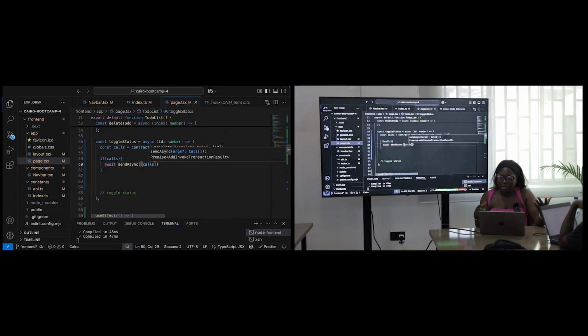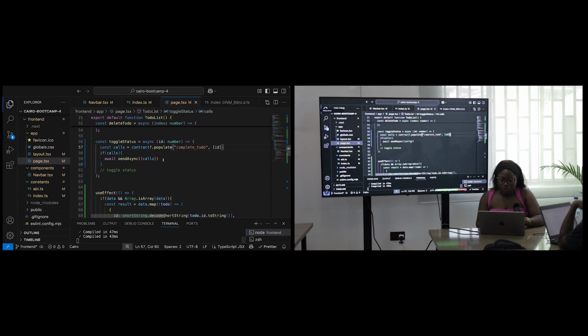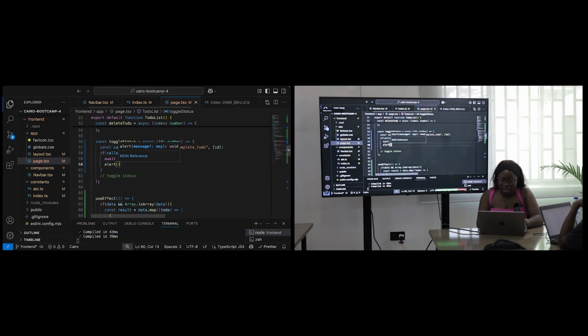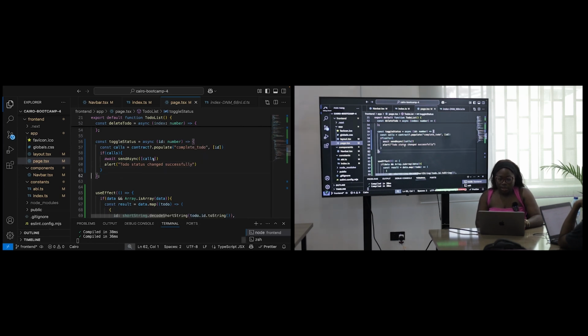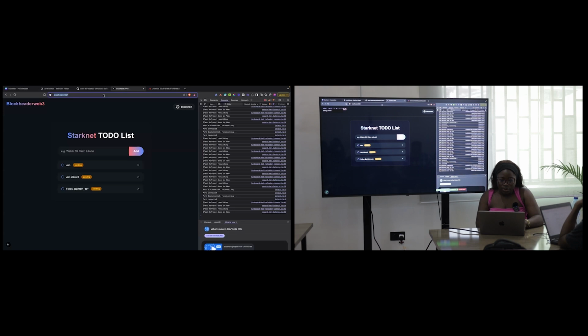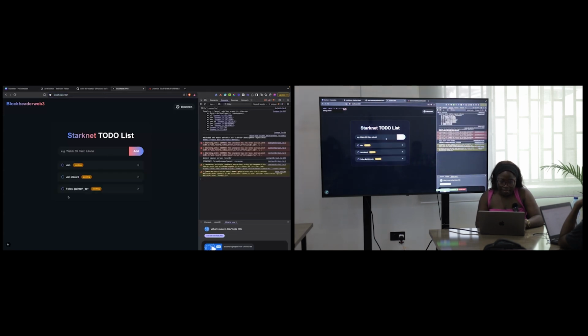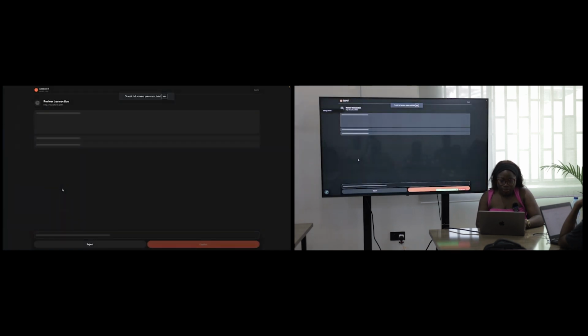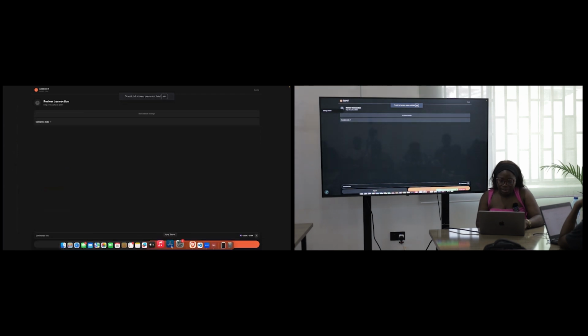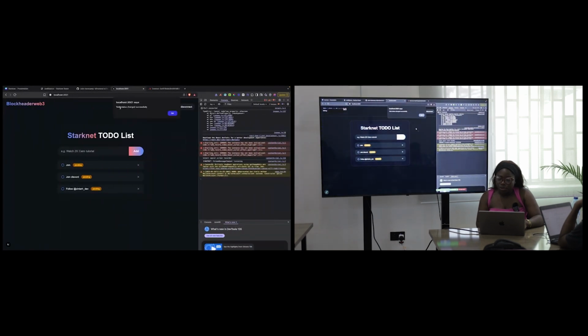The difficult part is just setting up the contract and all, right? So, and we then alert what? To do status changed successfully. All right. Okay. Now, we come back here and let's strike and see. Which one? I want to strike this one. No errors. Perfect. Oh, no. There's not. So click on confirm. Okay, to do status changed what? Successfully. But,